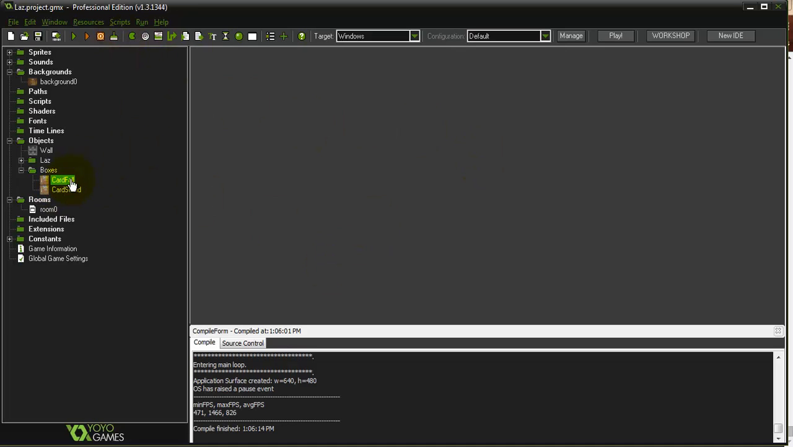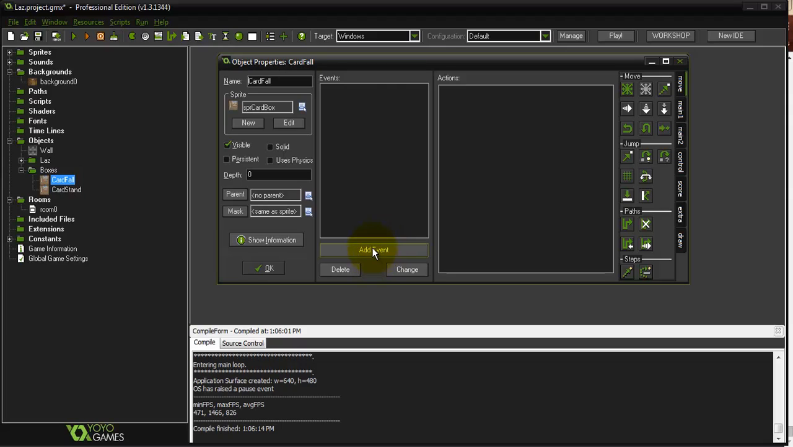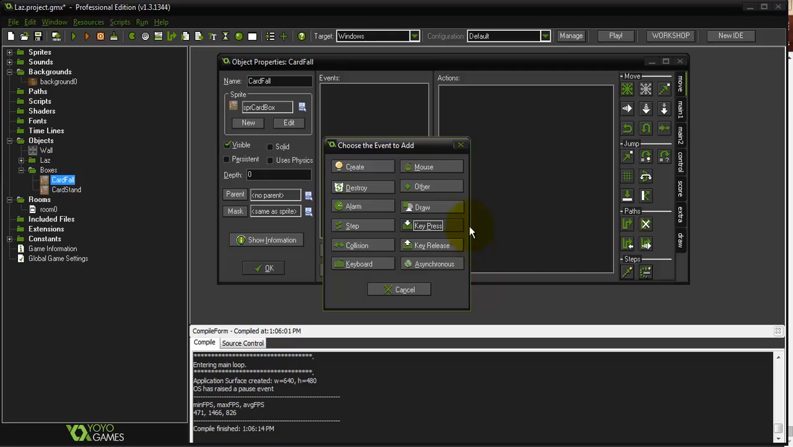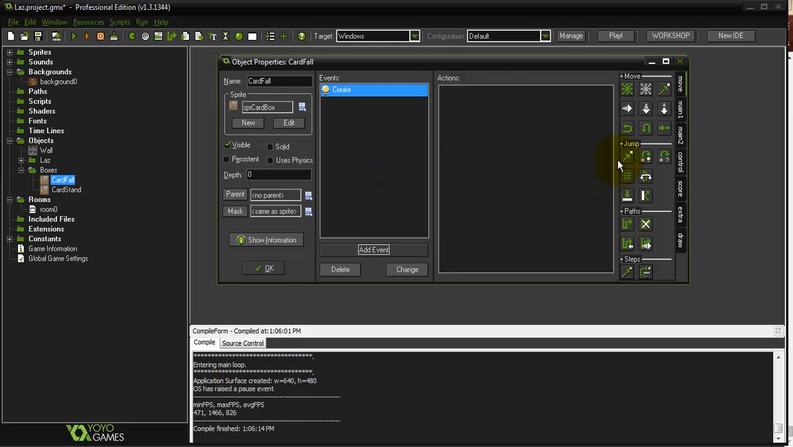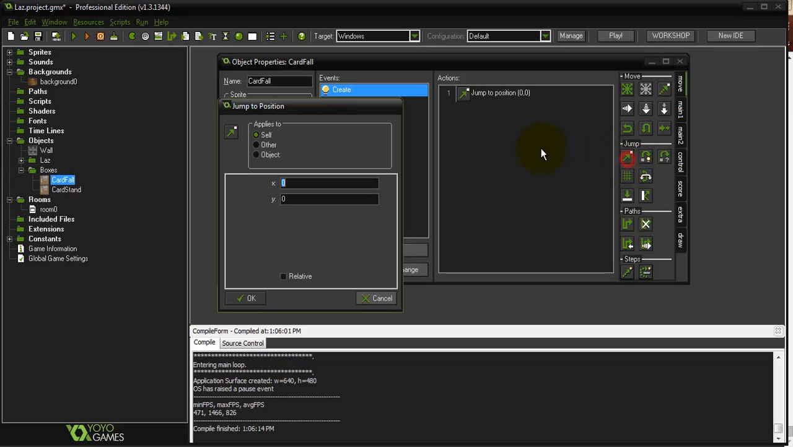What we're going to do for the card fall is add in a create event, because as soon as this falling box gets created, we want it to be over the player and falling towards the player, so that if the player doesn't move, they're going to die. So we're going to add an event, create. We're going to jump to a position. And we are going to jump to